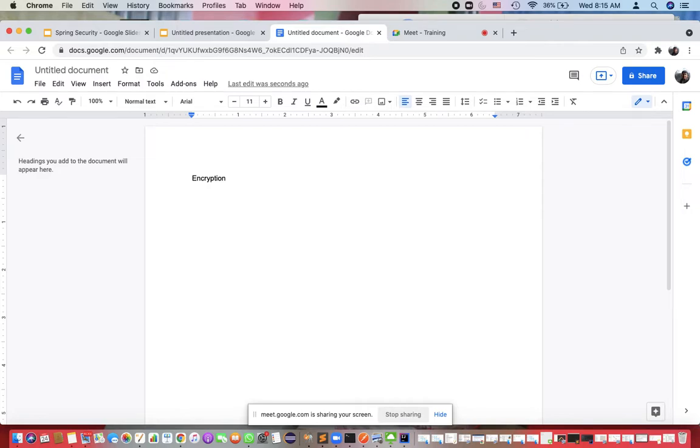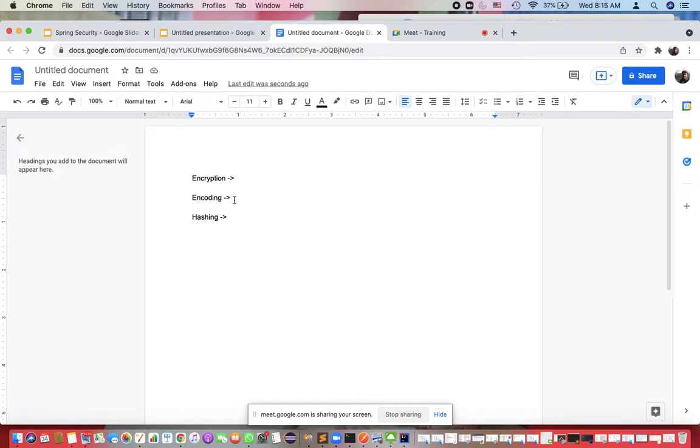One is encryption, second is encoding, and third is hashing. Everyone has heard these three words, right? But what does it mean? Okay, so basically, let's start with encoding. Encoding is very simple.